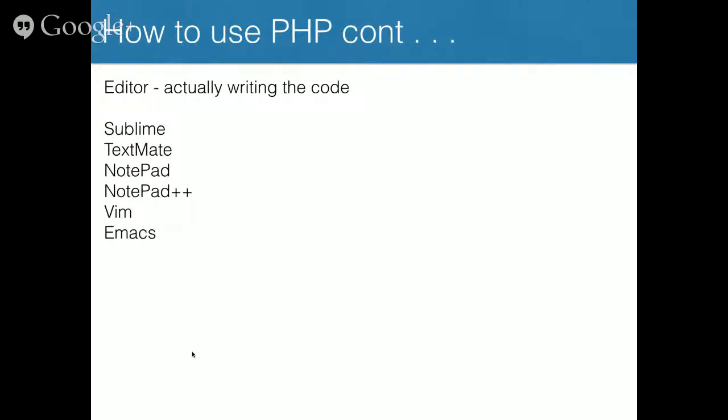So, when you are writing code, you have to write it in something, and it has to be in something that writes plain text, meaning it doesn't add things like smart quotes or special dashes or anything like that. So it can't be Word or OpenOffice or anything like that. It has to be a text editor. Those are some of them on there. Notepad for Windows will work,